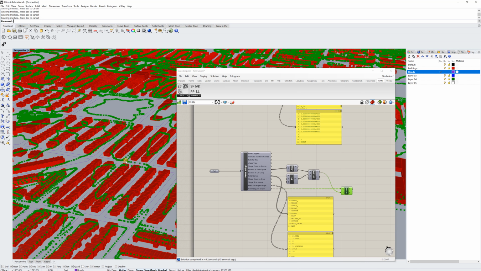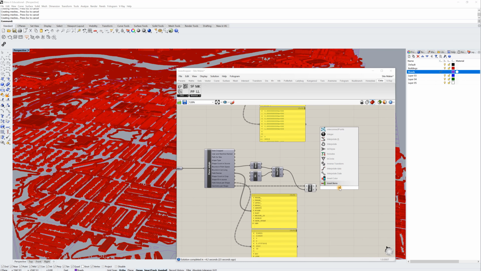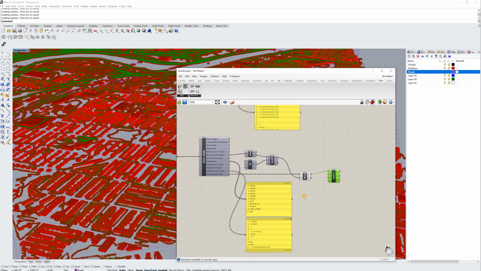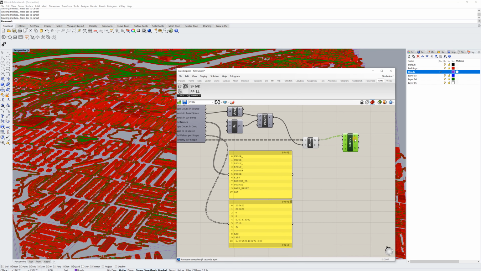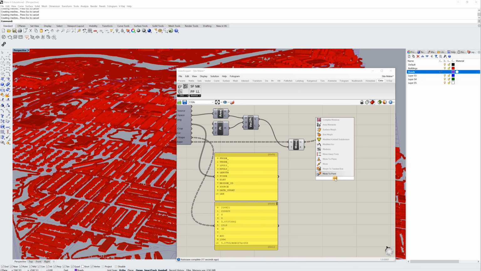And again, we have all of these different points all over the place. If I wanted to, I can interpolate a curve through these points. So those are those curves. And the trick we have here is that we need to move these points once again up into a Z position. So if we look at our list here, we have the elevation is number 6. So I'm going to move,